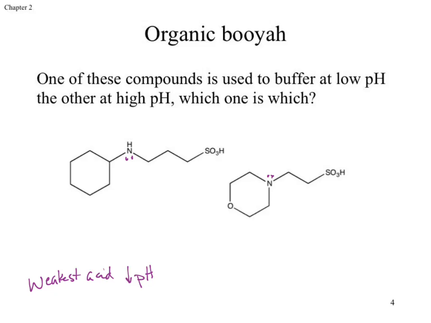Okay. What's going to force those electrons out of the structure? What do electrons run away from? Negative charge. Okay. Which one of these structures has the most electron density around the nitrogen? The one on the right, because it's more substituted. This one is our stronger base